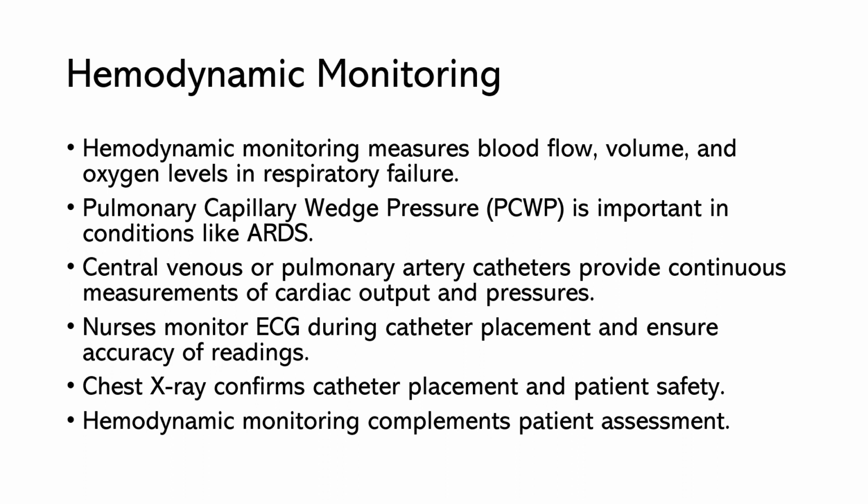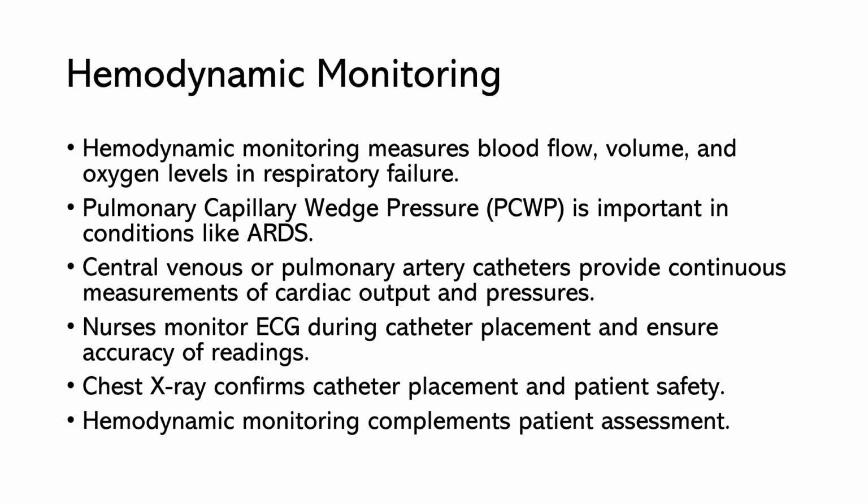In conditions like acute respiratory distress syndrome, we are particularly interested in the pulmonary capillary wedge pressure, or PCWP. This measure gives us insight into the left ventricular end diastolic pressure, which is an indirect measurement of the left ventricular preload. I know these are a lot of words. We are going to get into them in more detail when we discuss cardiac issues. Essentially, we're looking at the volume of blood in the left ventricle at the end of when it fills up, just before contraction. A PCWP within the expected reference range, which is 4 to 12, or lower than expected, is typical in